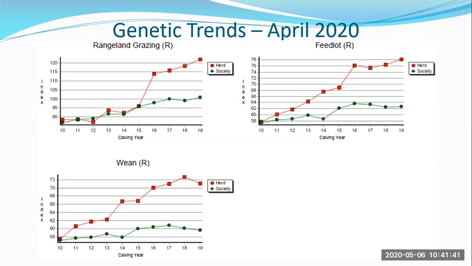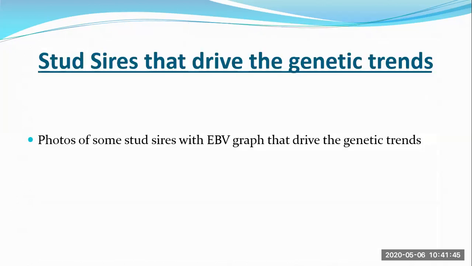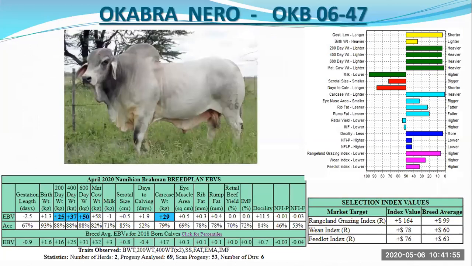I've got a couple of photos which I want to show you, a couple of stud sires, but maybe if there are questions, we can just stop here. Or let's just carry on and then we can ask the questions. We have selected stud sires, the older stud sires also,